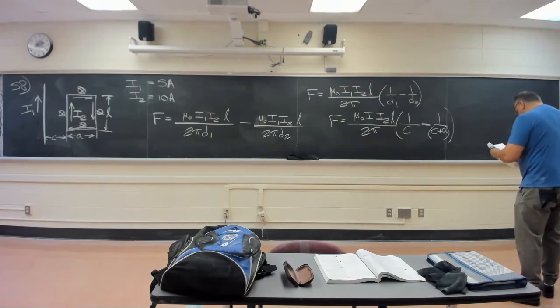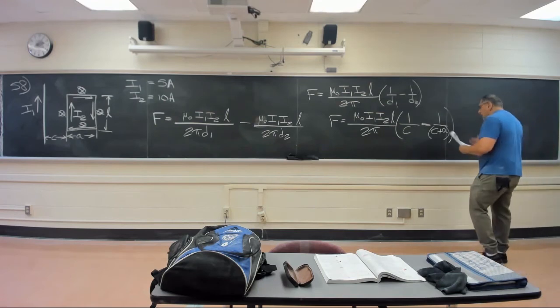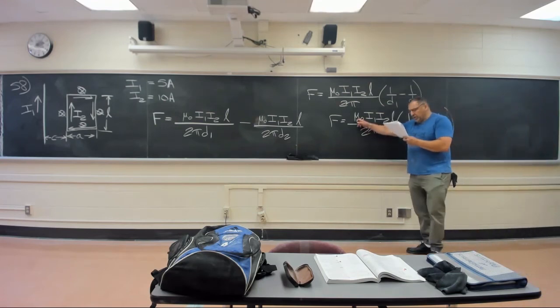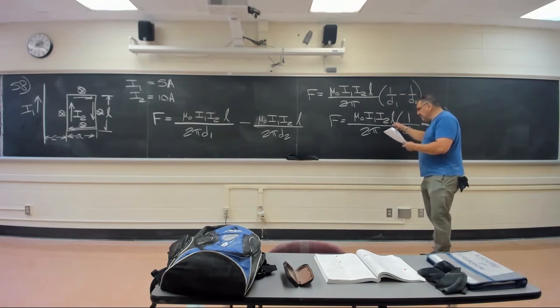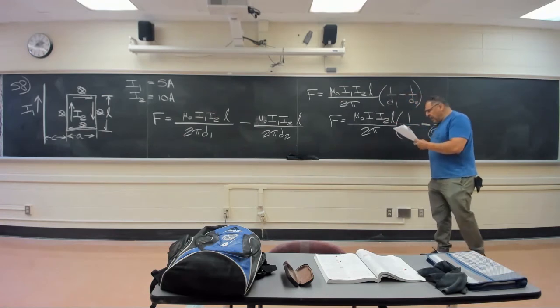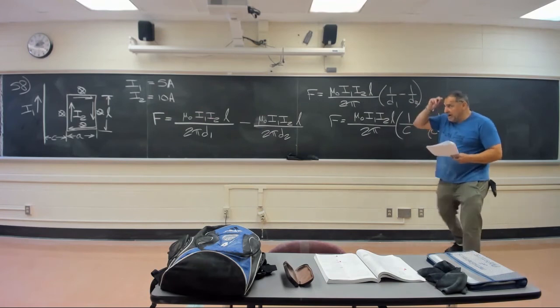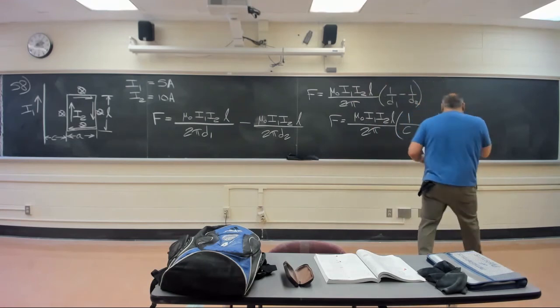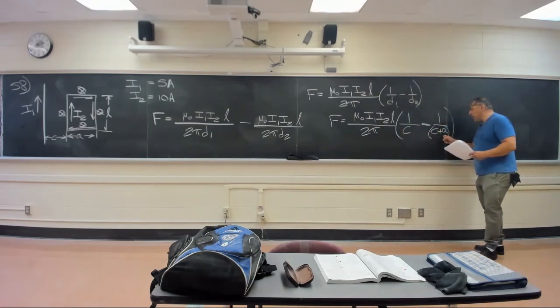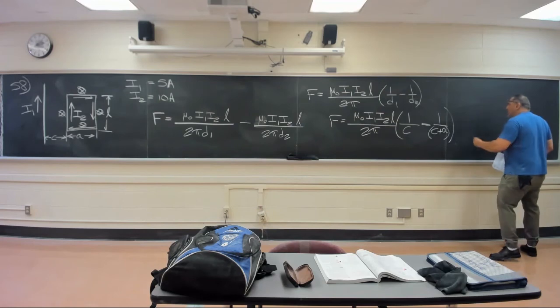Plug in all the appropriate values. Mu zero is 4 pi times 10 to the negative 7. I1 is 5. I2 is 10. The length of the rectangle is 0.45 meters. 2 pi is 2 pi. This is 1 over 0.1. They told us C was 0.1. And the other one is 1 over the sum of 0.1 and 0.15, which is 0.25. So it's 1 over 0.1 minus 1 over 0.25. When we do this whole thing,